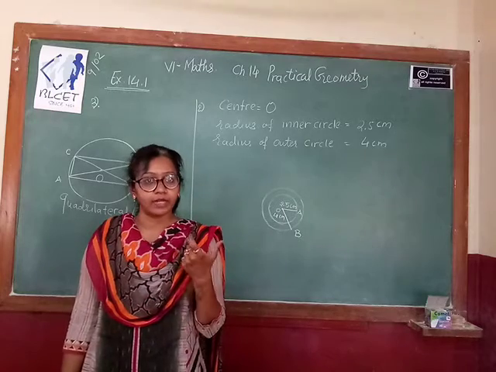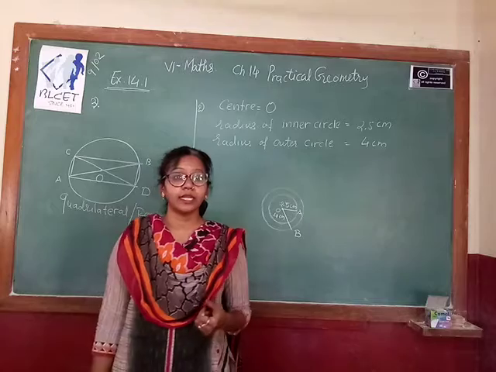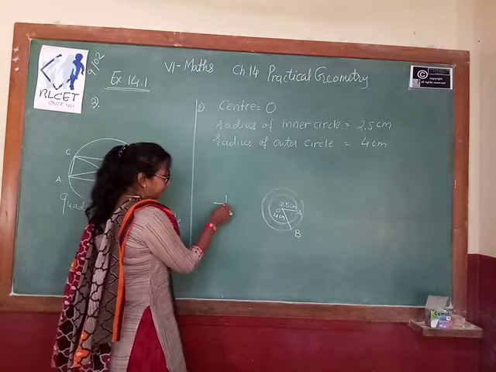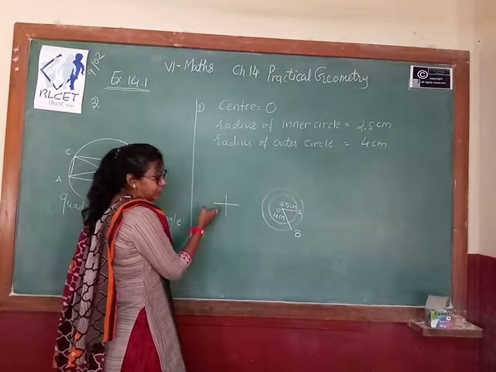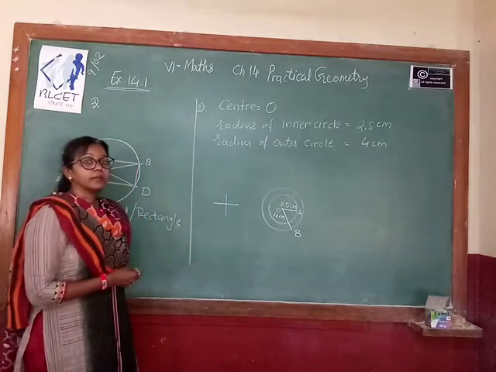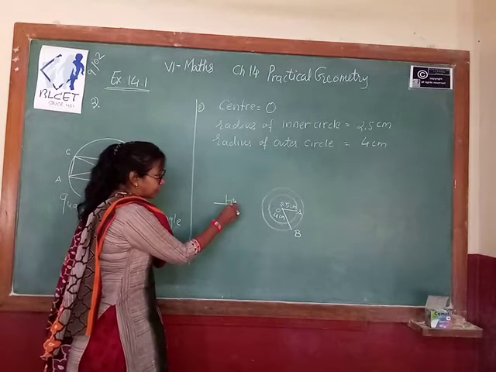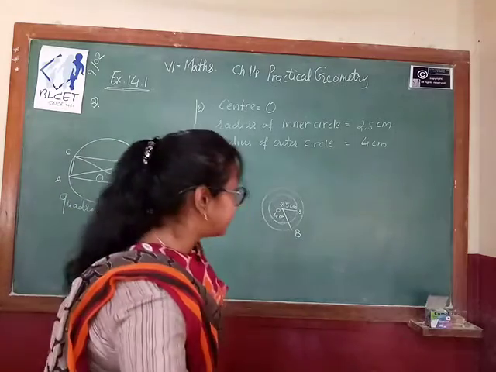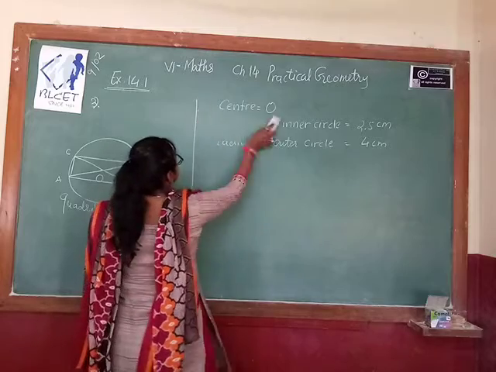Perpendicular means whatever line segments you are taking, they are intersecting each other at 90 degrees. This way, both the line segments intersect each other perpendicularly, which means they make a 90 degree angle. So these two line segments are known as perpendicular line segments. So let's see the second answer.